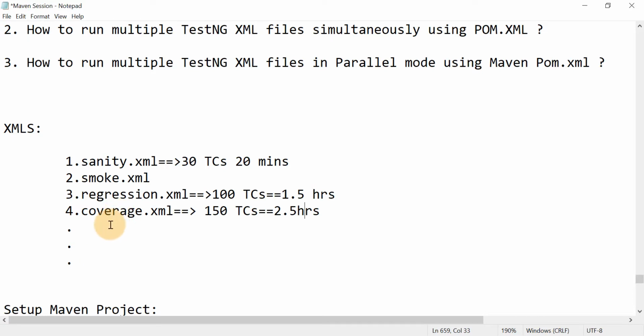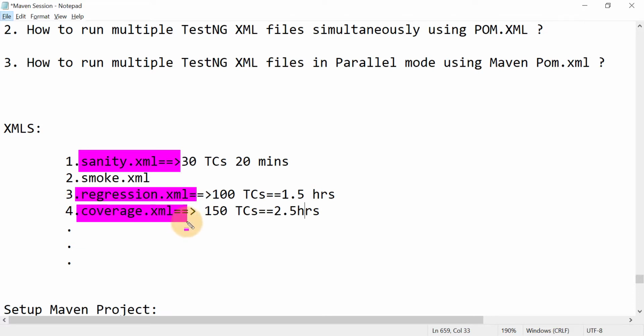So my scenario is I don't want to monitor this test case execution. What I want is, once I start executing the sanity.xml file, after executing all the test cases from the sanity.xml, our framework should directly start executing the regression.xml file. Whatever test cases are available in the regression.xml, it doesn't matter how much time it takes. It can take 1.5, 2 hours or 3 hours. After 3 hours, once I get the result, the coverage suite XML file execution should start automatically.